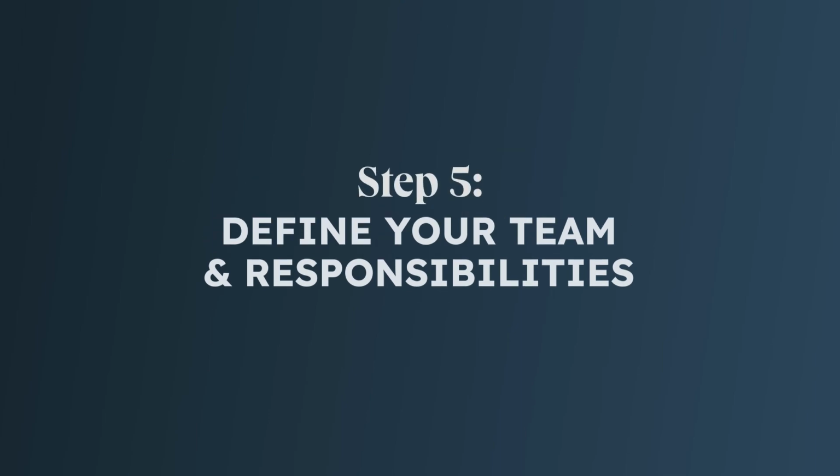And finally, in step number 5, outline who you're working with and what everyone is responsible for. At this point, you should have your mission statement, your content plan, and your budget. Now you need to set up clear and achievable expectations so the work can move forward. The greatest of plans can fall apart if there's no follow-through or accountability. Clearly defining who is responsible for what and when everything is due will make sure that your marketing plan runs smoothly.